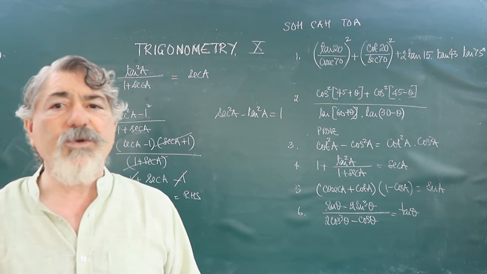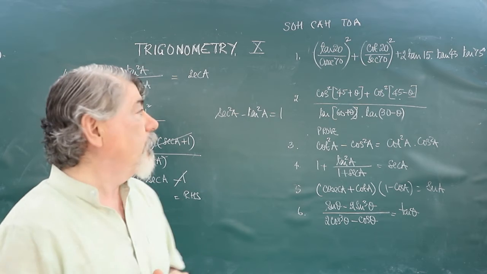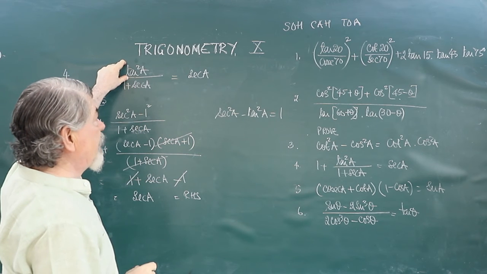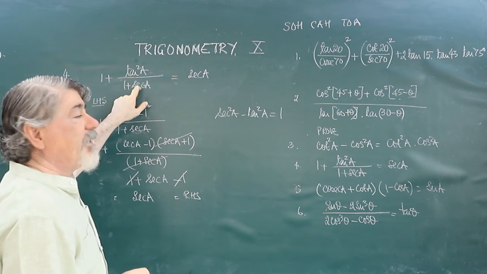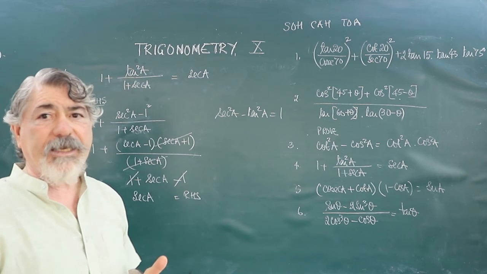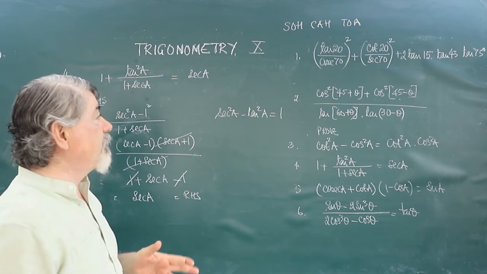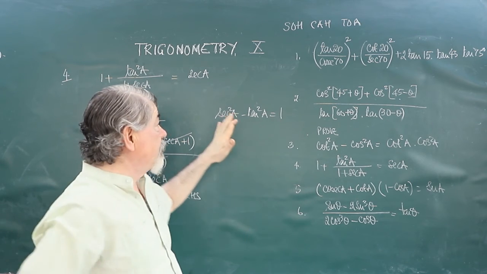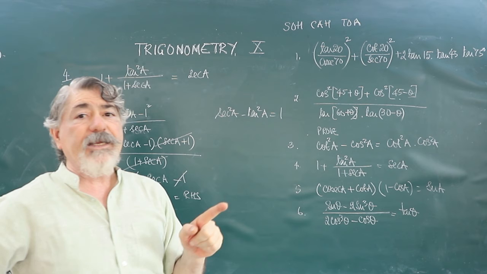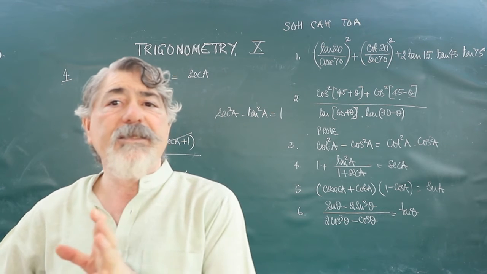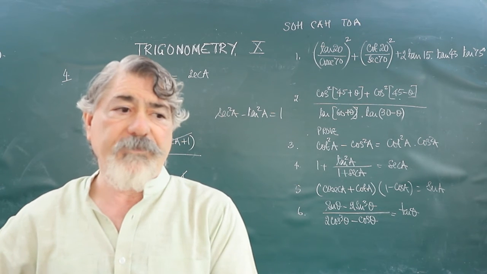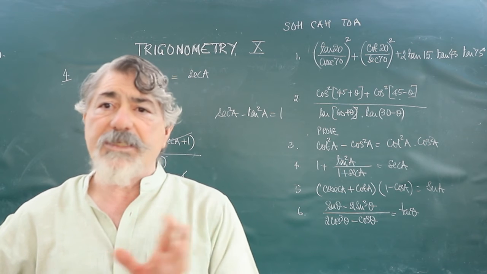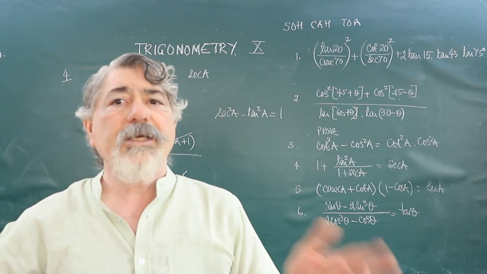So you have to look into the question, what can I do? Like it was 1 plus tan square A. Can I convert tan square A in terms of sec A? Yes, I can, because I'll write tan square A as sec square A minus 1. That is why with every identity I had made 3 subject formulas. If you go back to my video and see it there, or if you noted it down, you will see